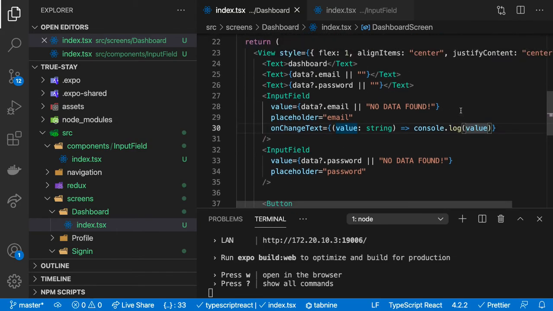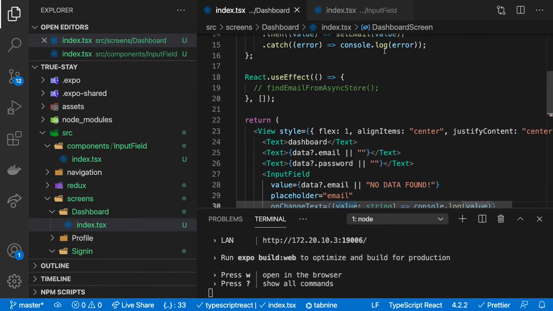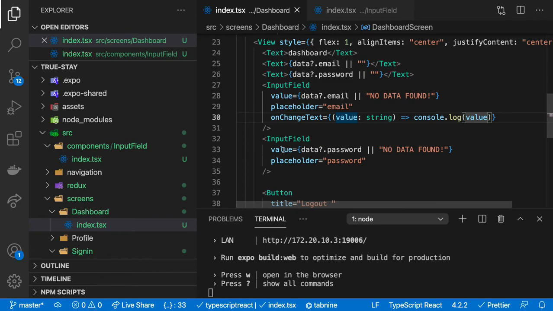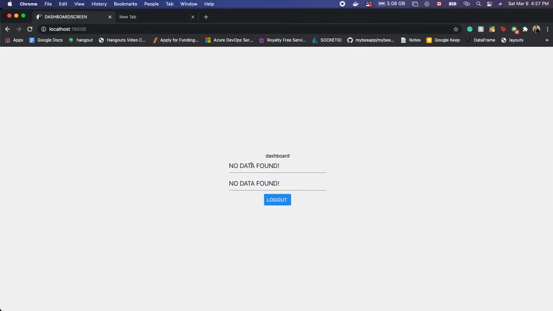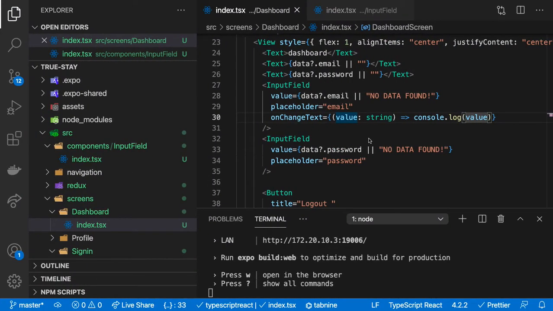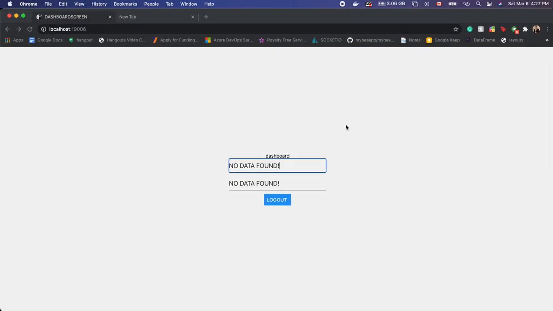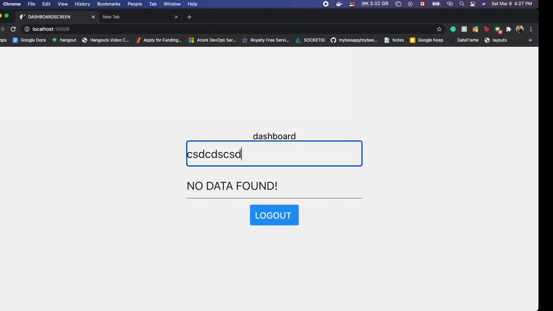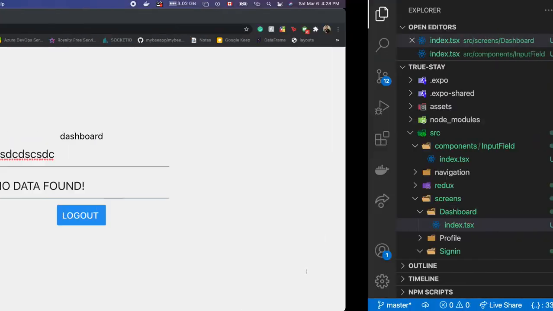So now I can set it. I can do a set state and store it here. I can do the same thing with the password. So let's see if it works. I'm going to remove this. I cannot remove this because by default it will always be this. So I'll remove this. If I remove that, I will have the email, and if I type something here, as you see, as I'm typing here,